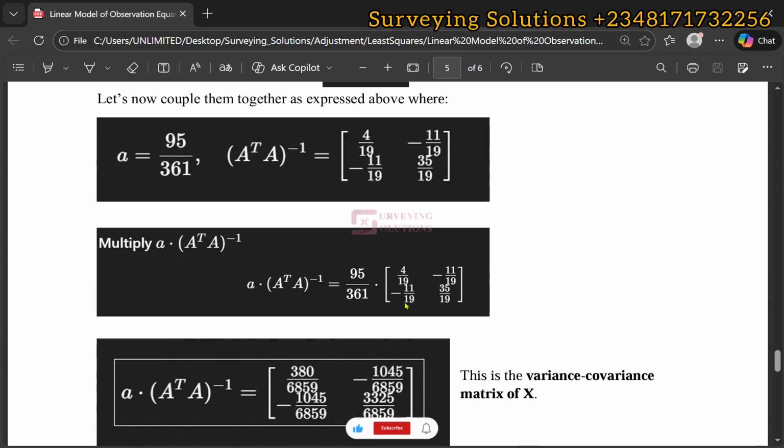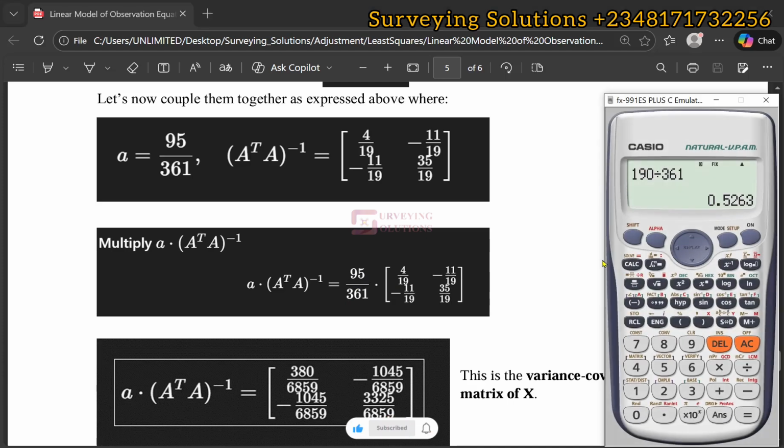this multiplied by A transpose A inverse, and then you now see either you have it as a fraction or you have it as what? A decimal. By the time you multiply through, let's do it for a few of them. Let's open a bracket, we have 95 divided by 361. We close that bracket, right? Multiplied by, we open another bracket, 4 over 19. Then we close that bracket. So we have